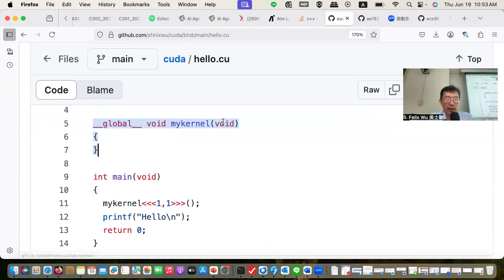And it doesn't take any argument, which means that you don't need to copy any memory. Okay, so this is the simplest one, but I want to tell you how you can actually call it. When you call this, of course, the name of the function is called my kernel, but then you're going to use